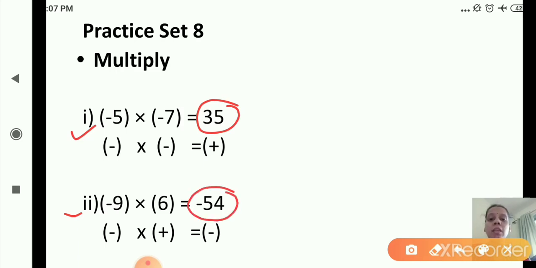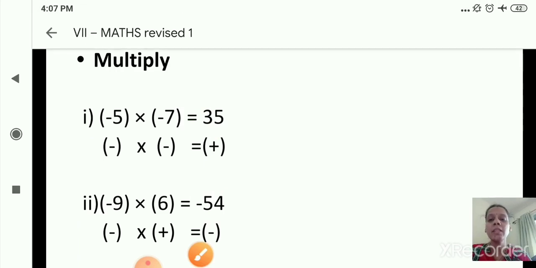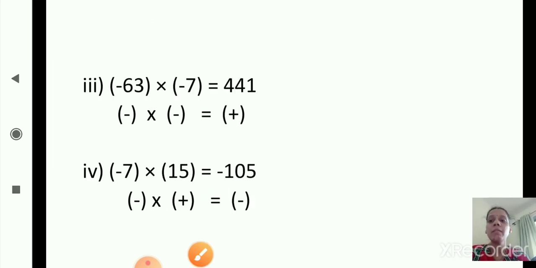Okay, so in the exam, questions can come from this exercise, like we will give you questions, we'll ask you to do multiplication and just click on the correct answer. Okay, we will give you choices, 2-3 choices we will give. From this you will select the correct answer and you will click on it.